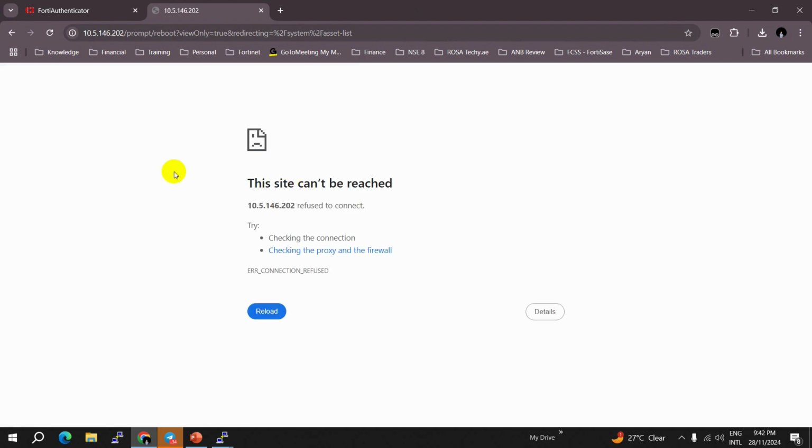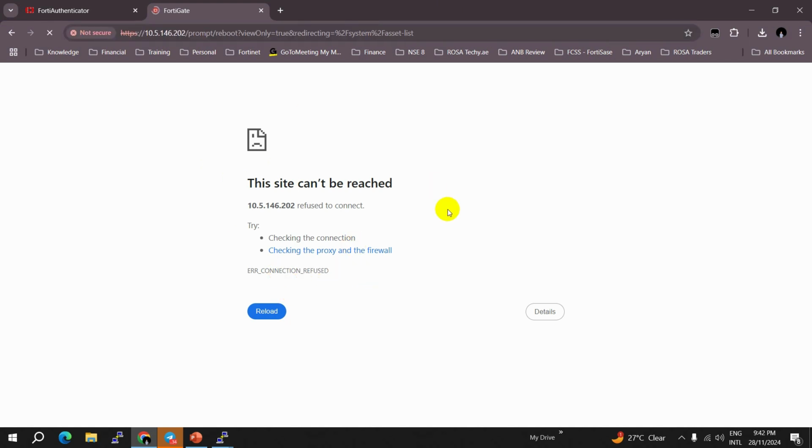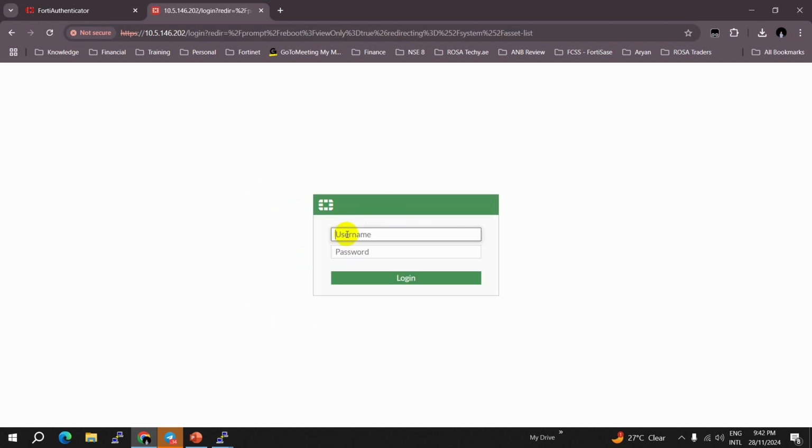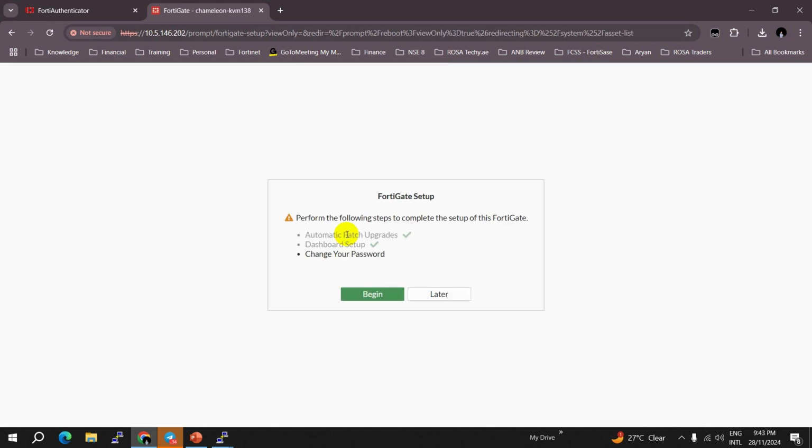Okay, let us wait. It's now refused, so possibly the device is up and waiting for the reboot, and here we go. So my FortiGate should be upgraded now. Let me check. Okay, FortiGate is rebooted and I am able to log into my device